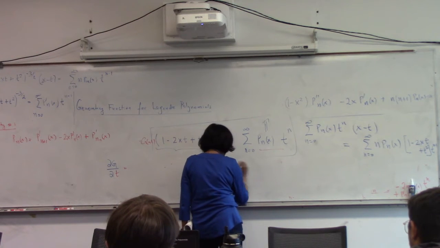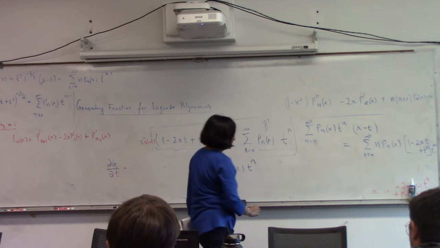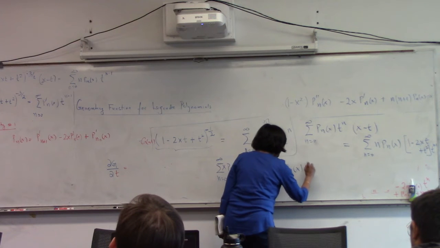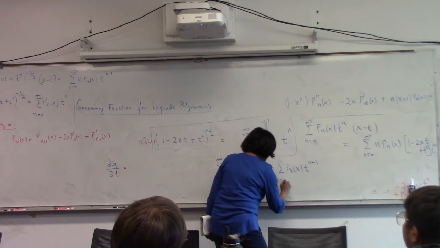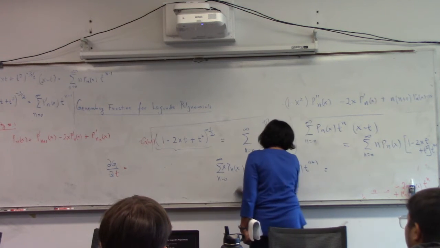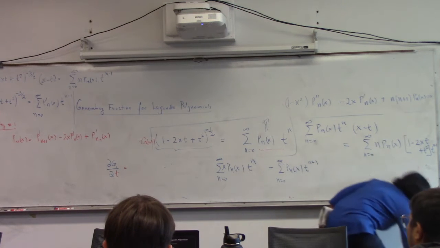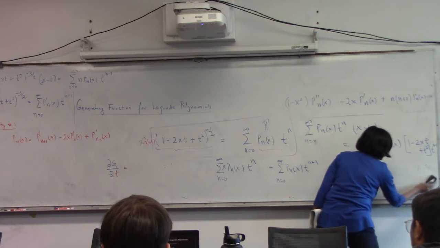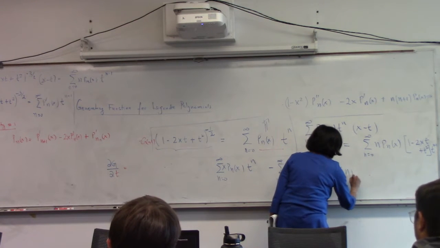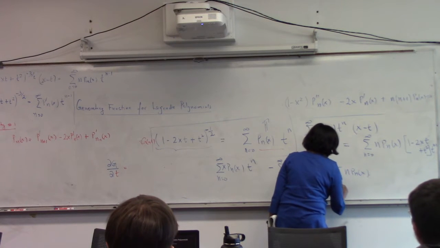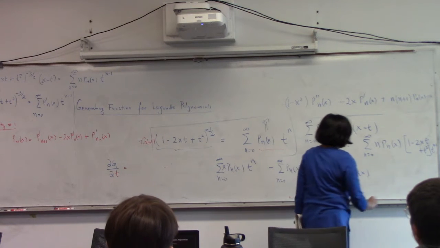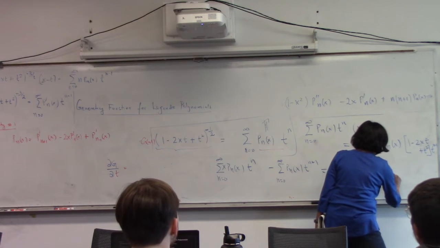I got x P n of x t to the power of n, I can write it like that, minus summation of, separating out all the terms and examining them, n going from 0 to infinity, is equal to summation n p sub n of x is the first term, minus 2nx,